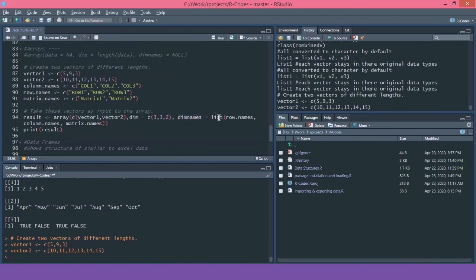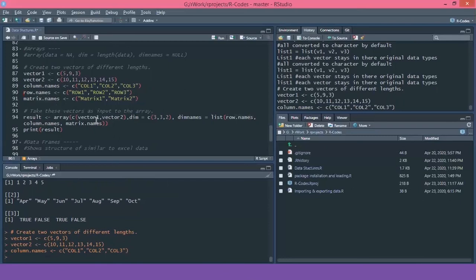Whenever you are providing the names, it is in the form of a list, so the formula will start with list. Within brackets you first give row names, as in dimension the first part is rows. Then it should be column names, because the second part of the dimension is columns, and last is the matrix part, so we give the matrix names. I am executing the commands here.